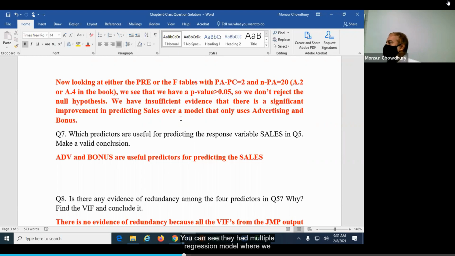So you can see that in a multiple regression model we are comparing whether adding a predictor is useful or not. But in chapter 7 we learned that changing the value of one predictor can have an effect on the relationship between another predictor and the response variable. Those are two different things. This is what we learned in chapter 7. Any other questions before I move into today's lecture?